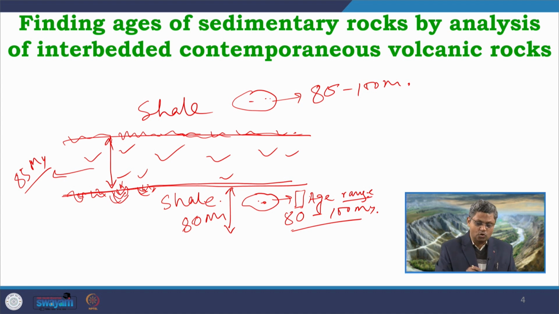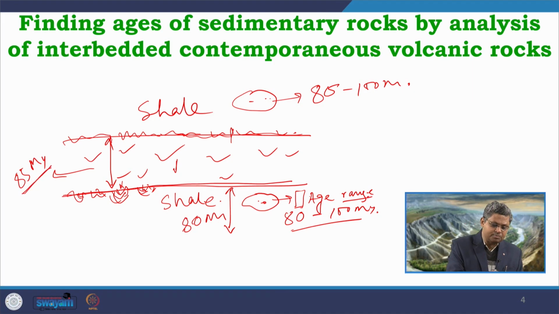That means when this ash bed was deposited, at that time the shale horizon, which was basically at that time a mud bearing layer, was very much soft. It was not lithified at that time. Similarly, over here the ash bed was overlain by the shale. At that time the ash bed was soft, it was not lithified at that time, and by the time mud deposition started. So, there is not much time gap in between the deposition of these units. So, we can consider them as almost contemporaneous, almost of the same time range.